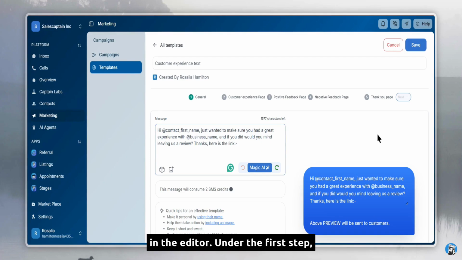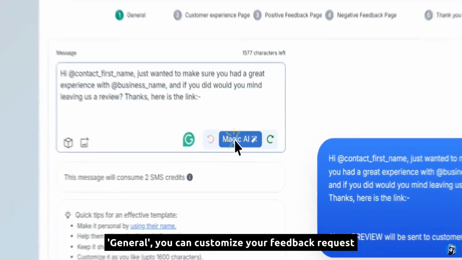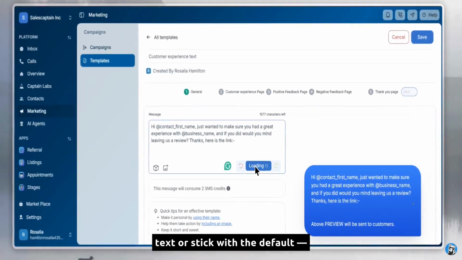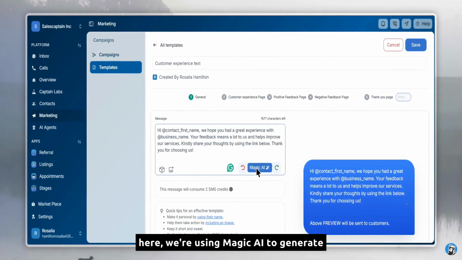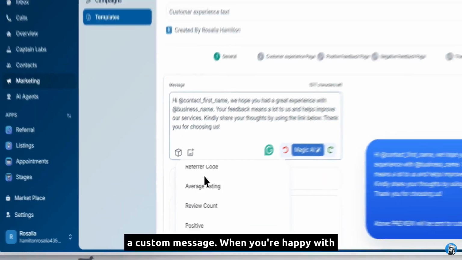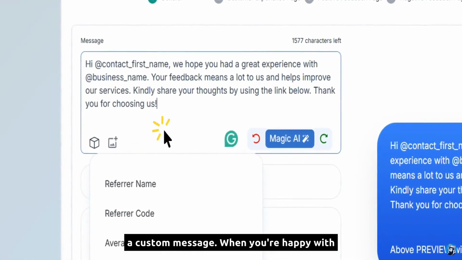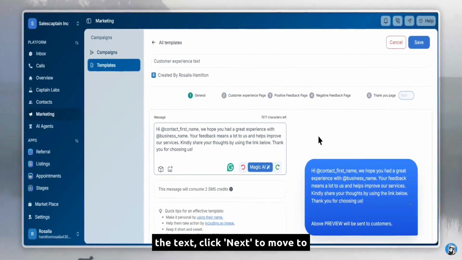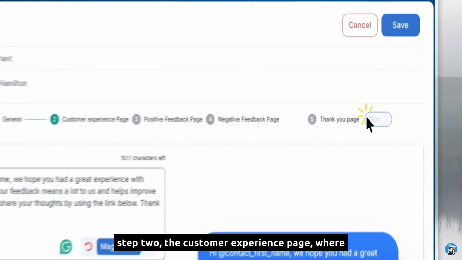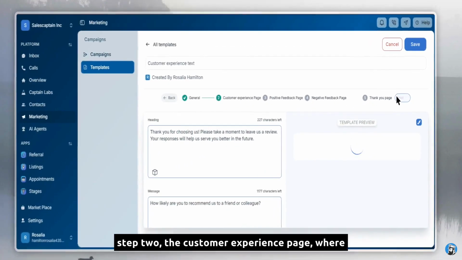Under the first step, General, you can customize your feedback request text or stick with the default. Here, we're using Magic AI to generate a custom message. When you're happy with the text, click Next to move to Step 2, the Customer Experience page, where you can